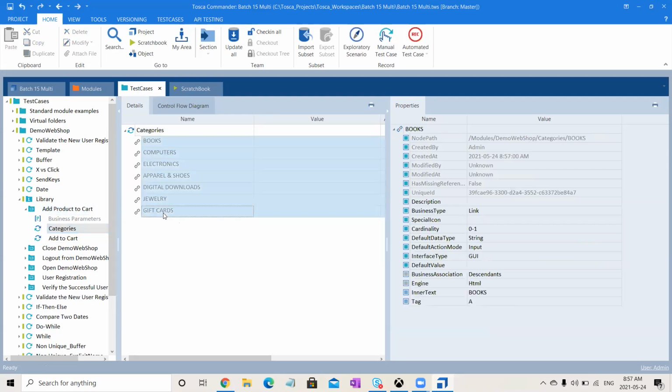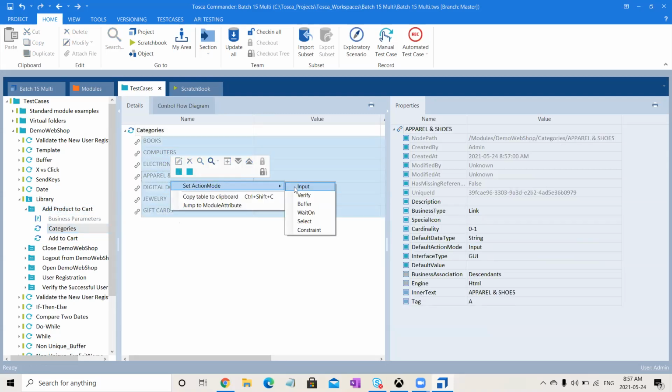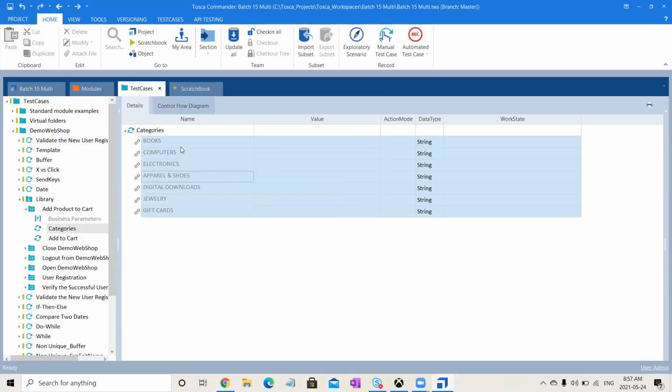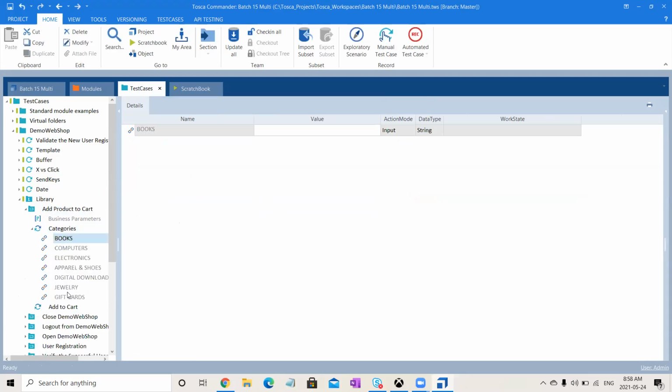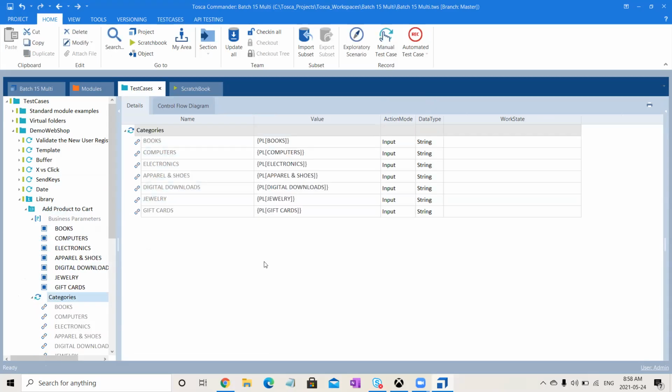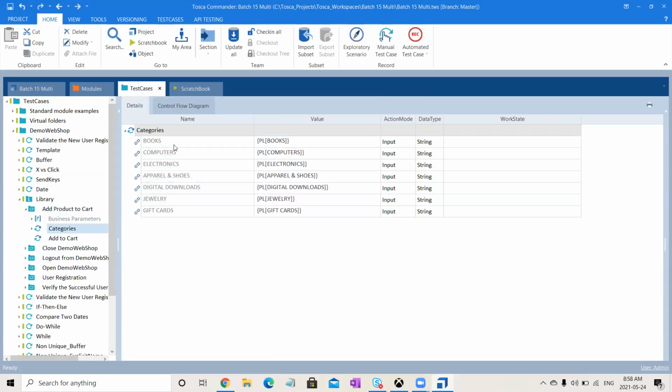So whichever the user wants, they will click on that particular one. So altogether I am setting the action mode as input. You know this, right? I selected all the attributes, right click, set action mode to input, and now select all these and drag them to this container. So business parameters will be created and they will be auto mapped. So now the user can select the category,